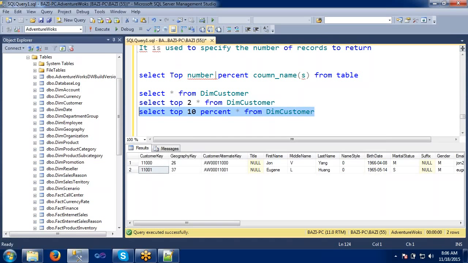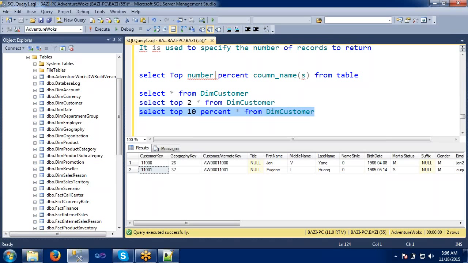In this table, if we say top 2 or top 10, they are the first records stored in the table. But in a class, if we say top 2 or top 10, it will be recognized in terms of top marks.